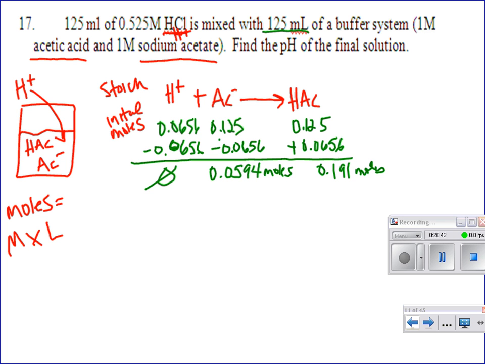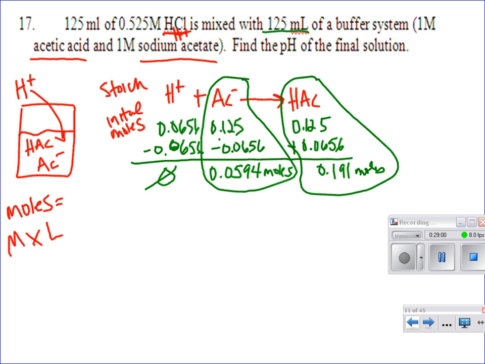So now we have to find the pH. The war is over. What do we have floating around? Don't worry about which is on the left and which is on the right. These are free-floating species in the beaker. We have a conjugate left over, and an acid. What do we have left over? A buffer system. Now it's a problem. It's number 4 here. You already know how to solve it. But be careful. You can't use Henderson-Hasselbalch because